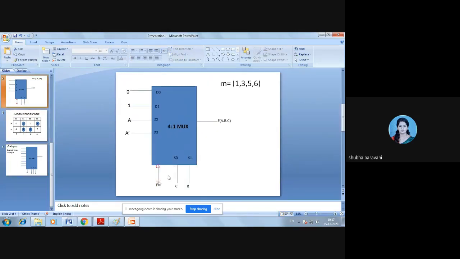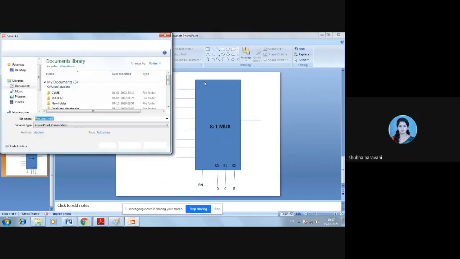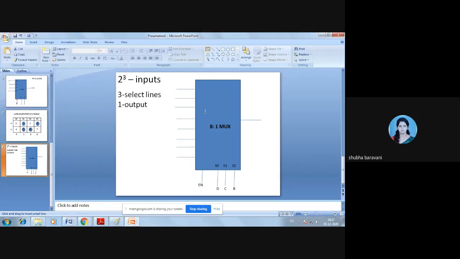Do it like this: enable bar, a buffer, and you connect it to ground. Okay, and my inputs would be D0, D1, D2, D3, D4, D5, D6 and D7.